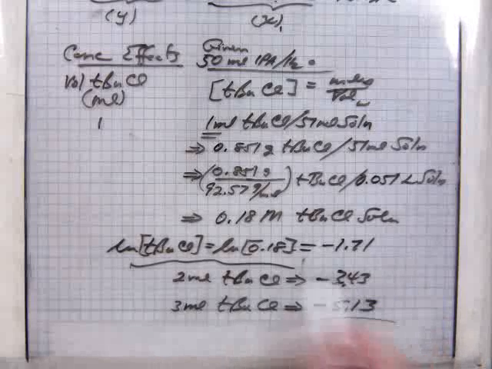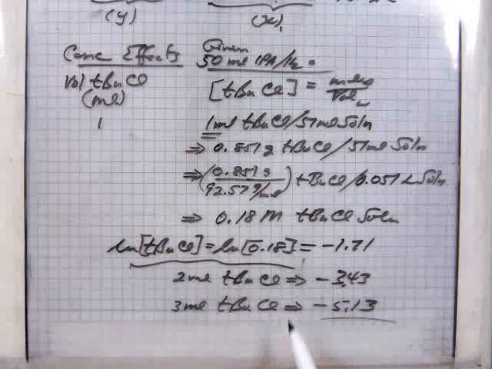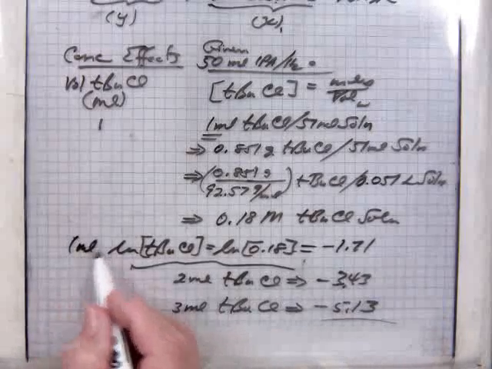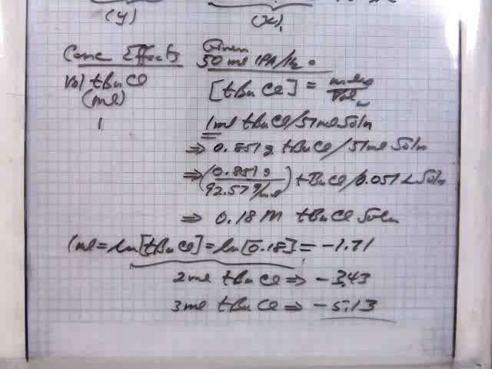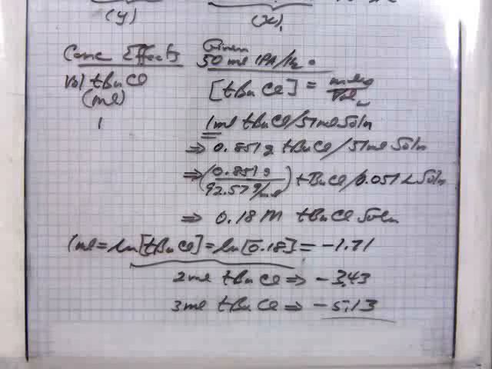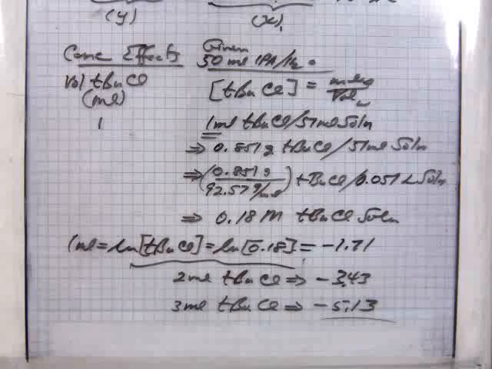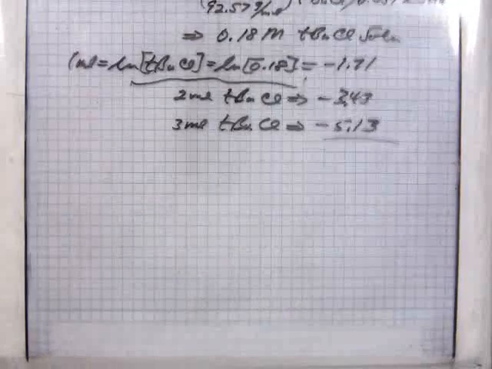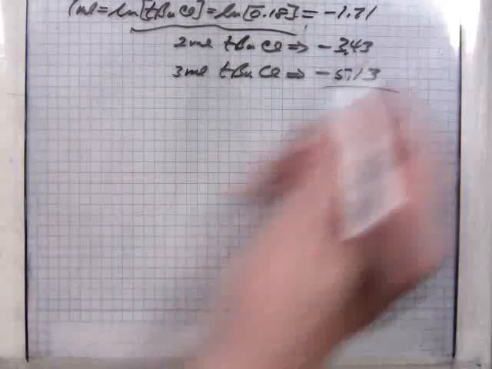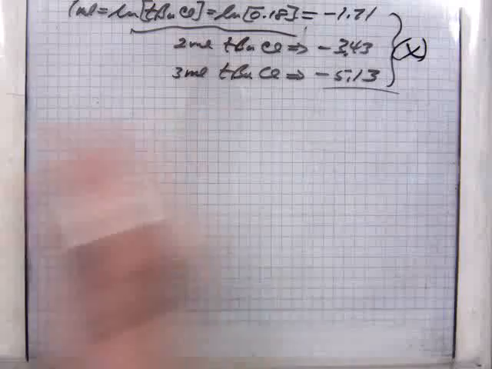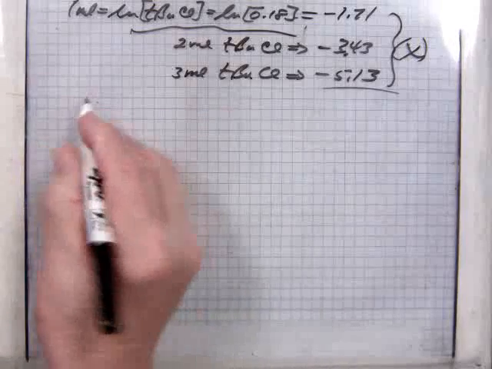So you have 1 mil, 2 mil, 3 mils add-ins for your concentration, and this is going to be good for all 3 calculations. You're going to have 3 rates that you have to deal with in here. I had everybody plotting 3 graphs, but I'm just going to do one for you, and you do the other 2. So what we've got here is your X values in that expression. So now we need